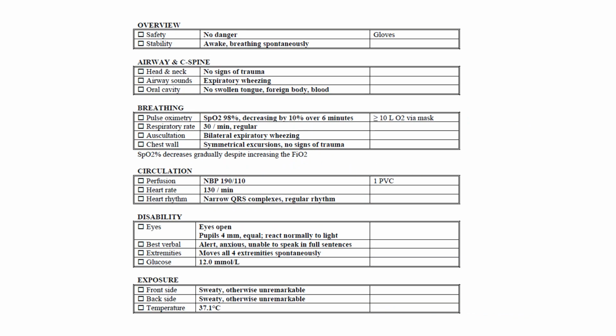He is in severe distress. He's sitting upright. He can barely talk, but he's awake. Has no stridor. Has no trauma. There's highly expiratory wheezing. No swollen tongue. No foreign body. He has an SpO2 of 98 on 10 liters, and has a respiratory frequency of 30. Bilateral chest expiratory wheezing when we listen to him, and excursions like he has big work of breathing. He's sitting upright and